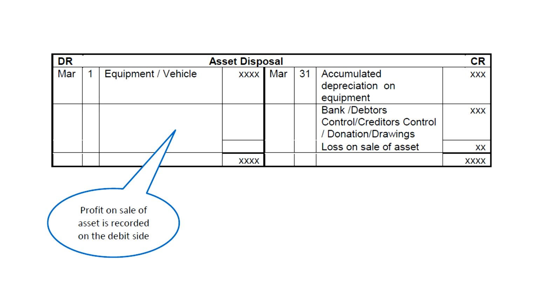The first thing I'm going to show you is the format of the asset disposal account. This format is very important, so I suggest you pause the video and take it down. Here on our debit side, we have equipment or vehicle. This is basically the cost of the vehicle that we are disposing of, or the vehicle we are selling. The cost goes here on the debit side. Usually they tell you that the cost of the sold vehicle was 3,000 and you record it here. Then on your credit side, you have your accumulated depreciation.